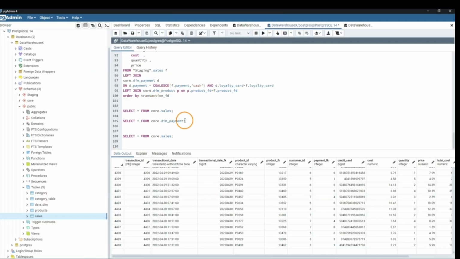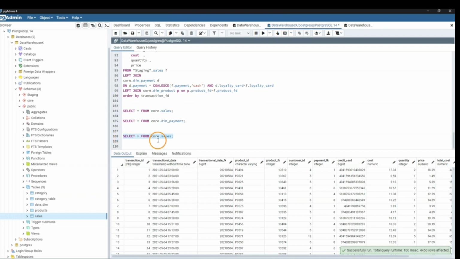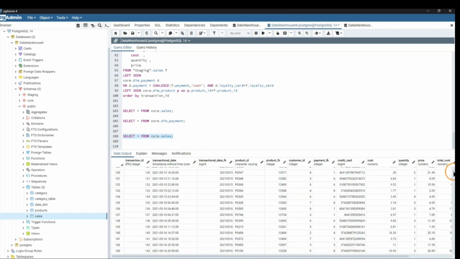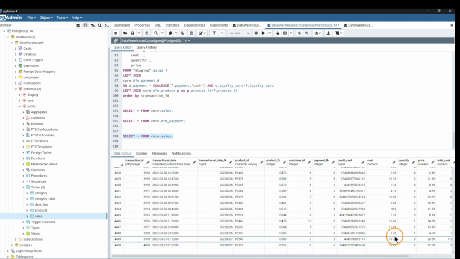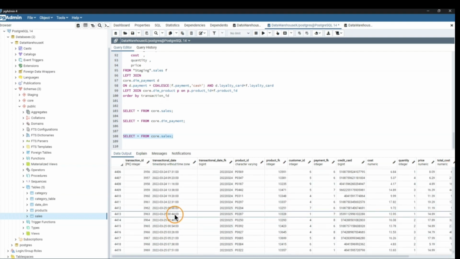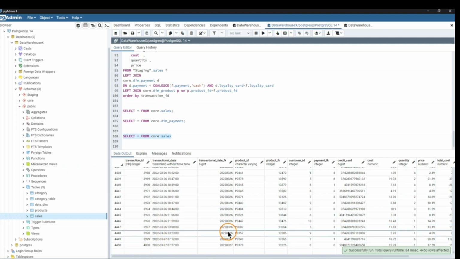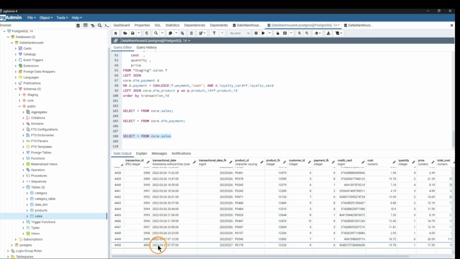And now we also, of course, want to see if in the sales table there are now these additional values. So now we want to again scroll down all the way. And we see again that there are some mistakes. So this is happening also in real life. That's why we also want to see if we can fix that and find the problem. So it seems like that there is not the new data available, but this is just because of the ordering,